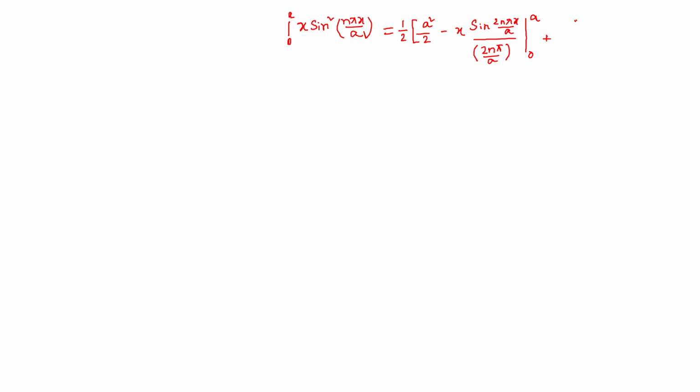Okay, so sine 2n pi. Suppose this is my 0, and I am moving. This is pi, this is 2 pi, where I am coming to the basic initial stage. Sine 4 pi is again 2 pi more, and I am coming to the same stage. So what's the value of sine 2n pi? It is the value of sine 0, and what is sine 0? This is 0. So this whole term is nothing but 0.